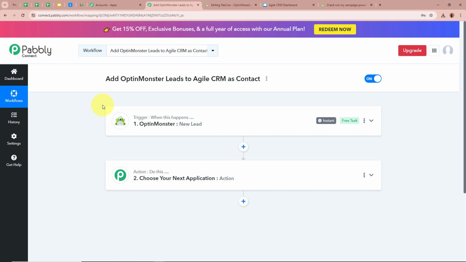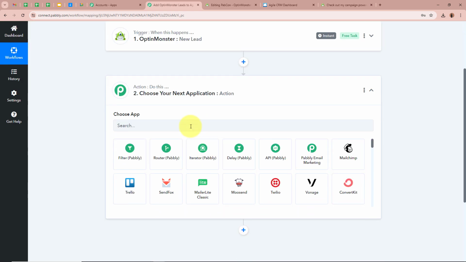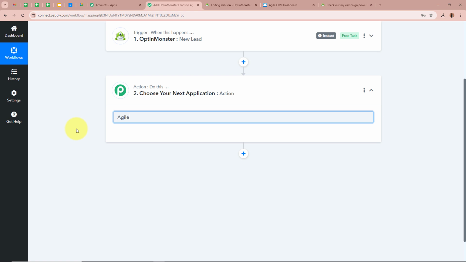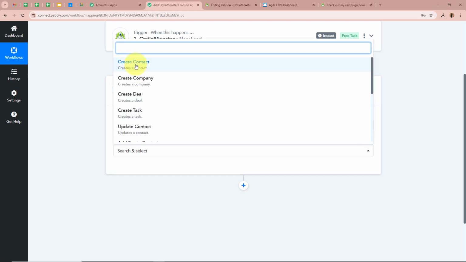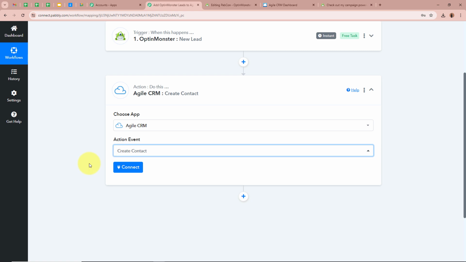Okay. After setting up our trigger step, we need to set up our action step, and for the action application, we are going to select Agile CRM. So I'm going to select my action application as Agile CRM. As our objective is that whenever a new lead is generated with the help of OptinMonster, automatically that customer should be added as a contact in our Agile CRM account. So for the action event, I'm going to select create contact,